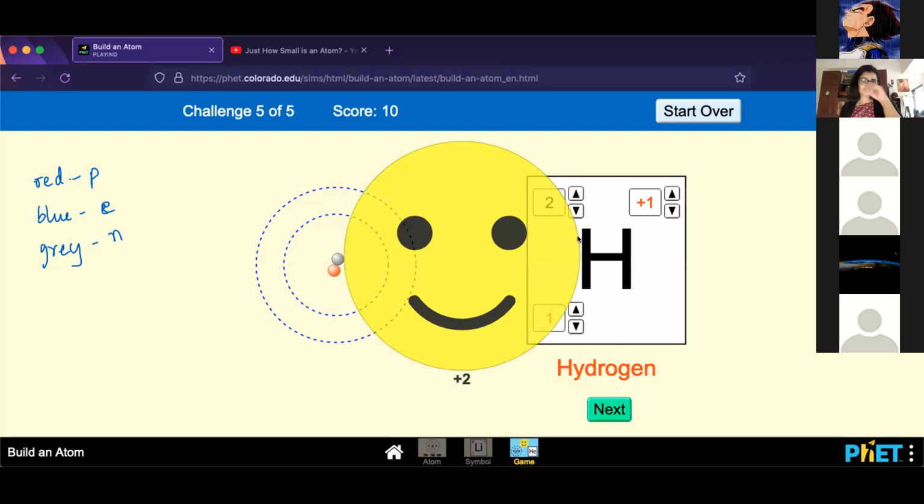So Ashka, your confusion is perfectly valid. My answer to that is, remember Ashka, isotopes exist. So hydrogen 1 is there, hydrogen 2 also exists. So this is called deuterium. And then H3 also exists. Okay, ma'am. Yeah.